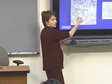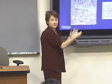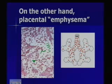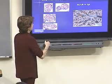Okay? But this is what the placenta can look like here. And here again, where are all the villi? You know, where have all the flowers gone? Why are there not more villi here? These are really big spaces. There are gaps here. And the villi that are here are really, really teeny weeny. So again, a disease in which you have abnormal function and diffusion screening, even within a placental functional unit,